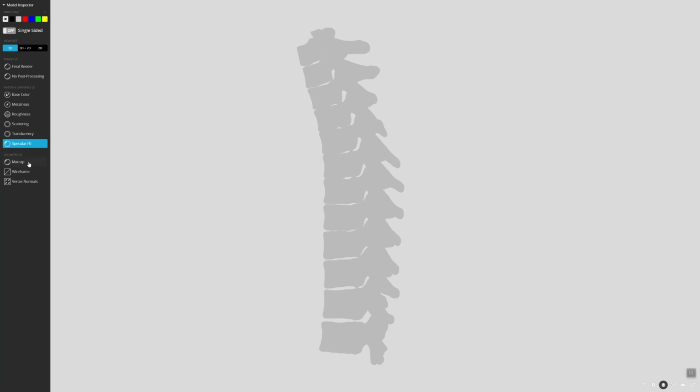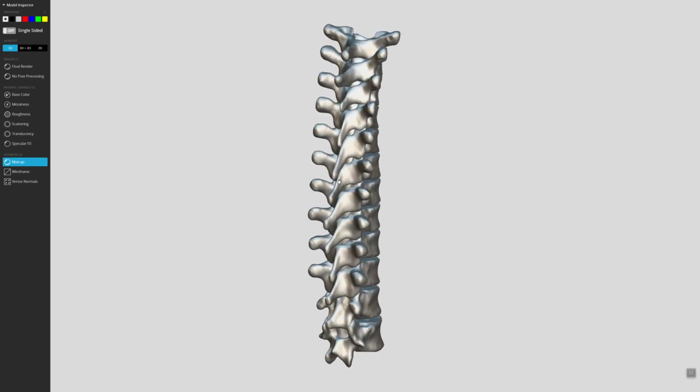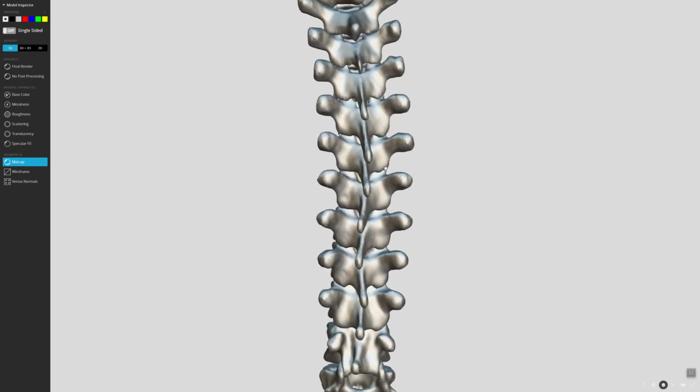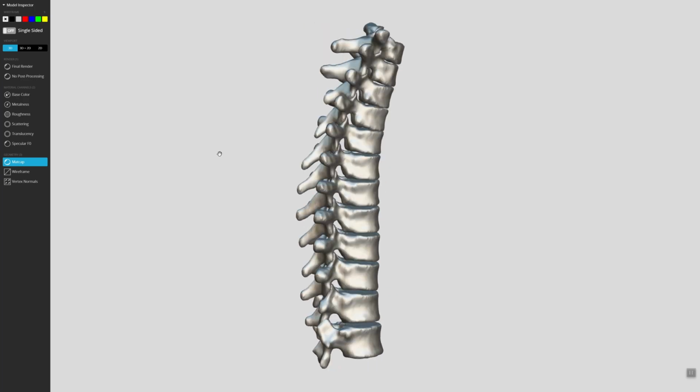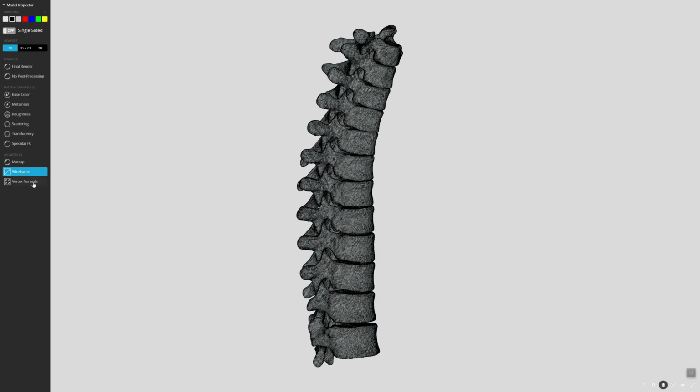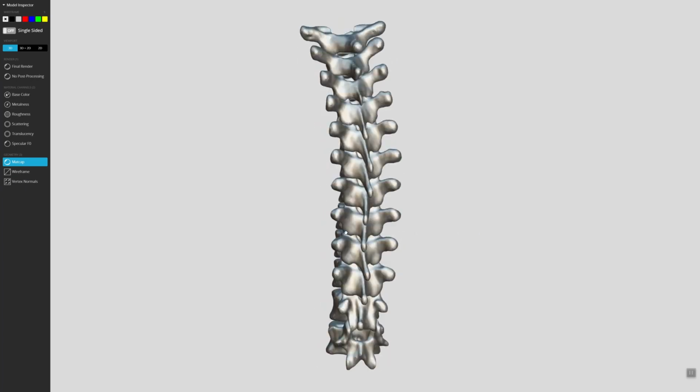So all this stuff, or just the matcap finish, which gives you a metallic silver look so you can see the structure really well. And even wireframe and normals. So all of these tools are there,